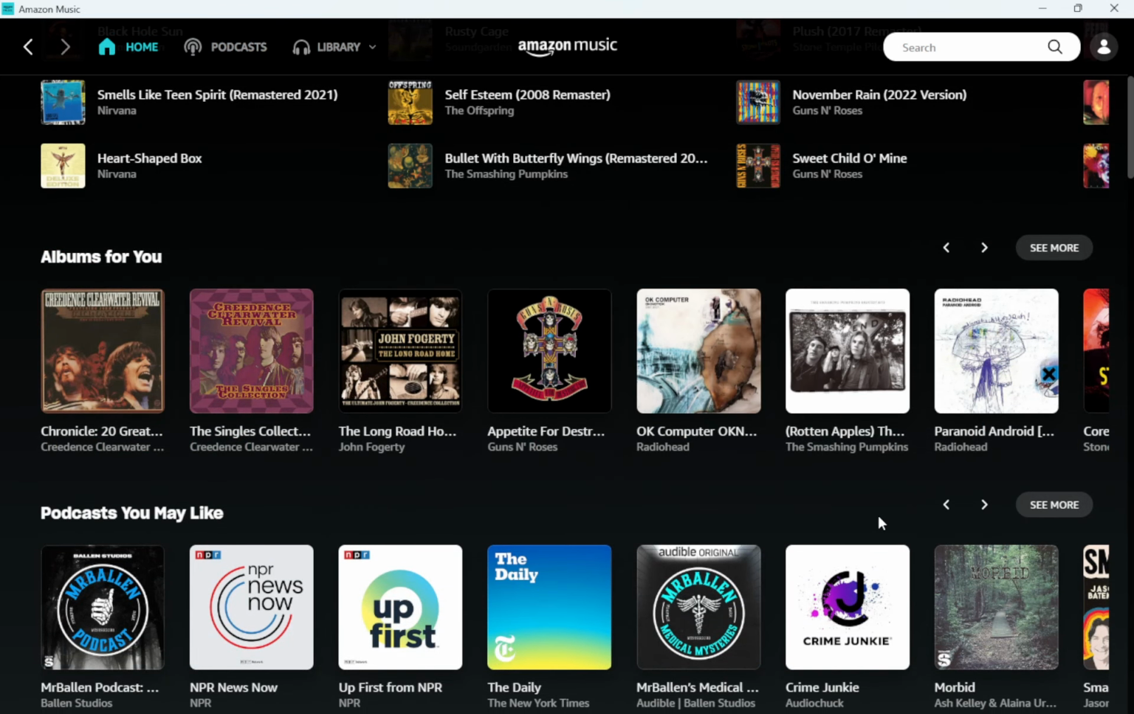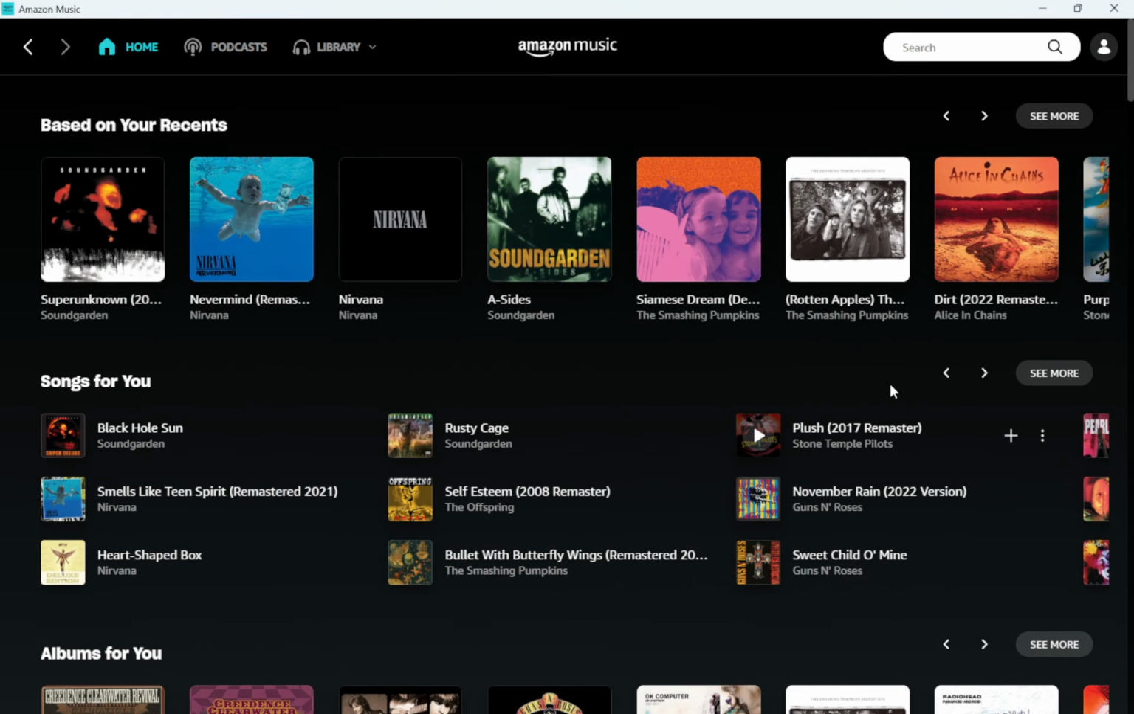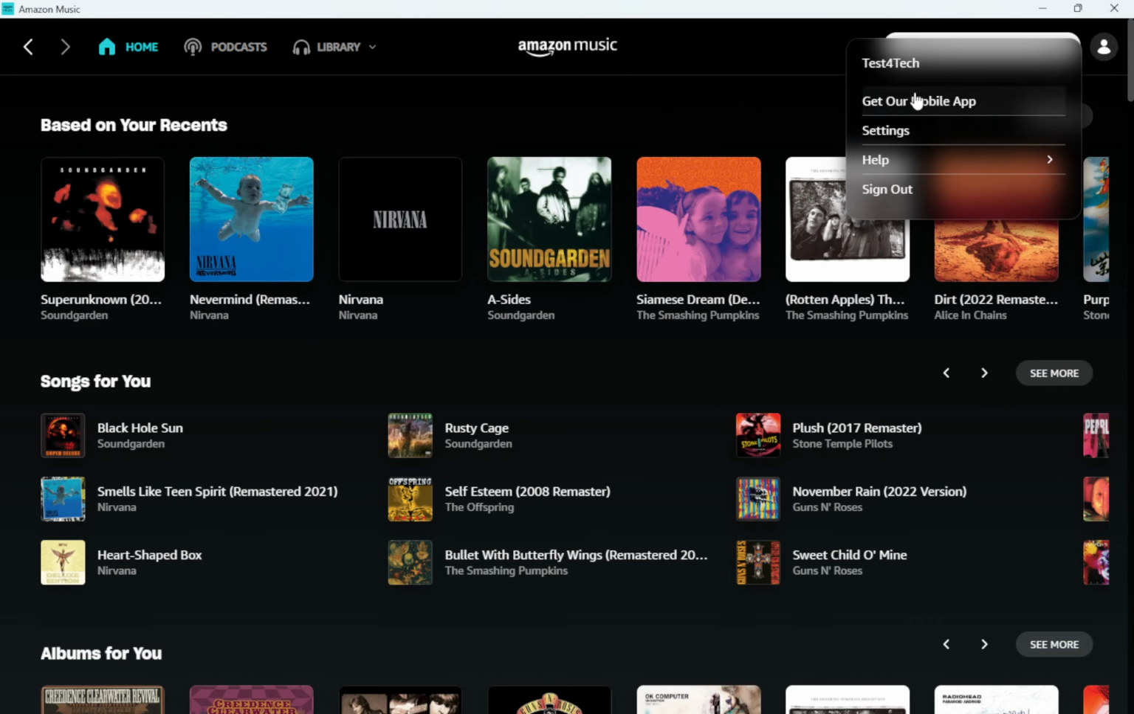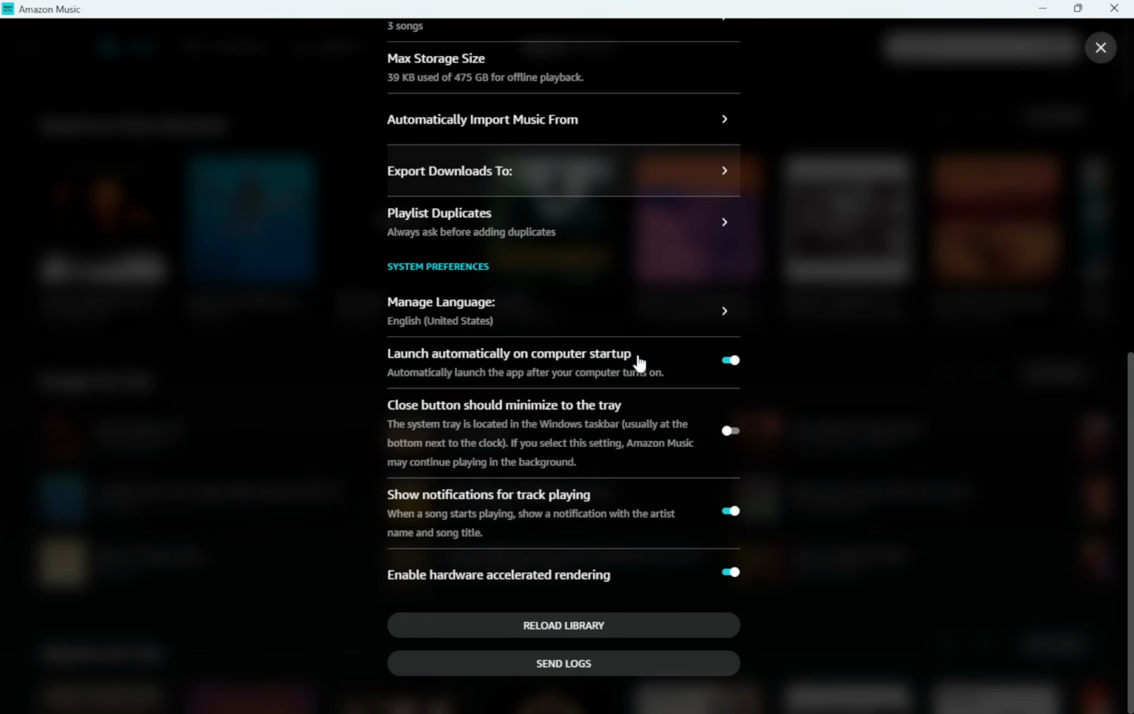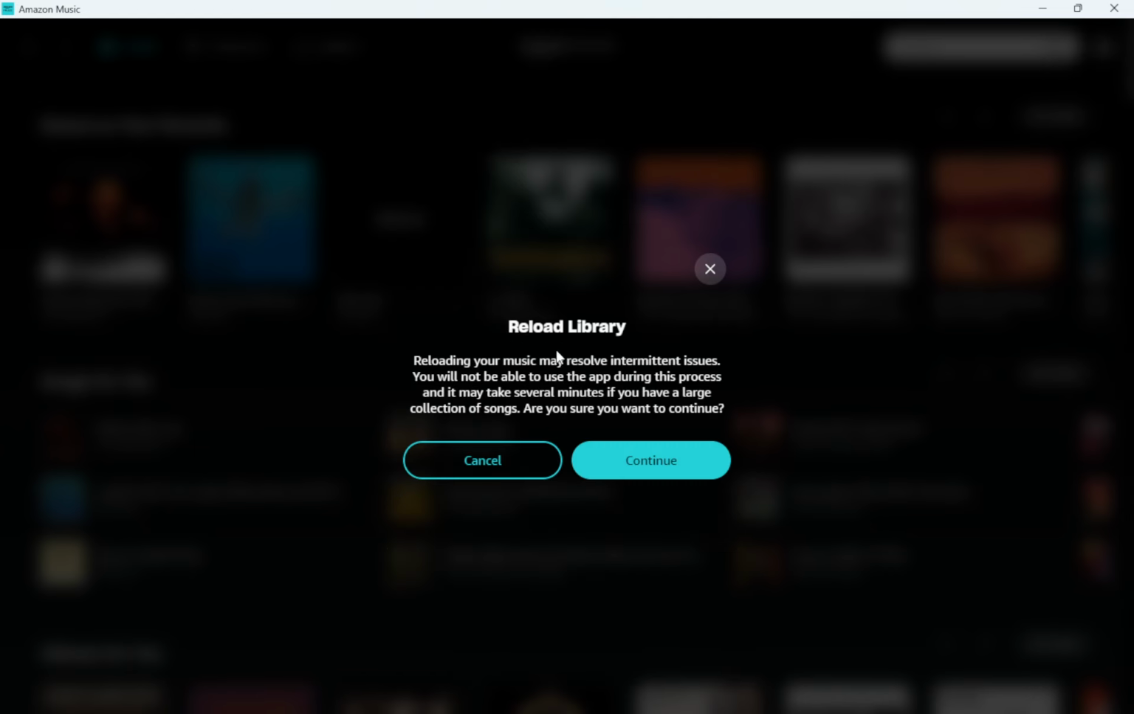On the desktop app for Windows or Mac, there isn't a single clear cache button, but there are two reliable ways to reset things. The first is the easiest and safest, and it happens right inside the app. Open the Amazon Music desktop app, click your profile icon in the top right, and go to Settings. Scroll down until you find Reload Library, then select it. This action refreshes your music library and clears certain stored data behind the scenes. It's often enough to resolve slow loading, missing tracks, or minor syncing hiccups, and it doesn't touch your account, playlists,